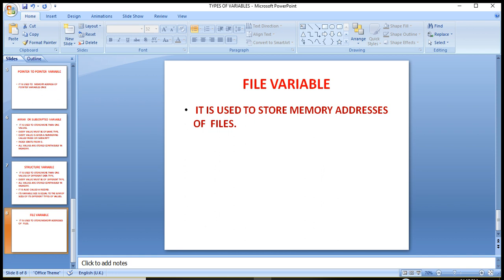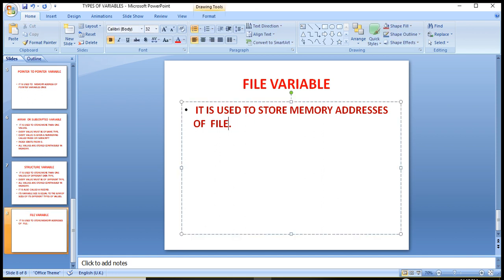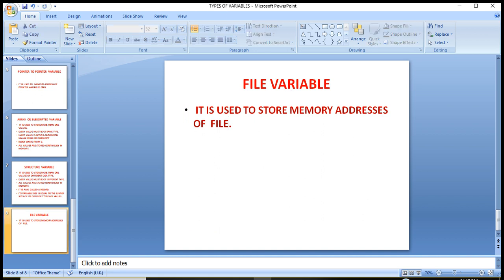So files are also stored in memory, so files also have memory addresses. So a file variable is used to store the memory address of a file. So this is the last, the file variable. We have learned all 6 types of variables.